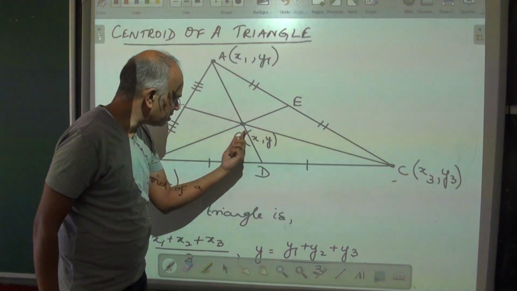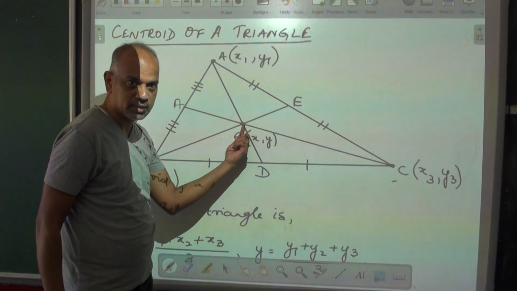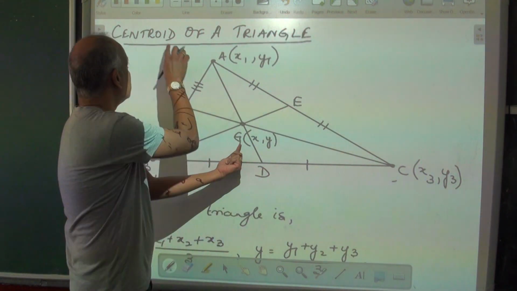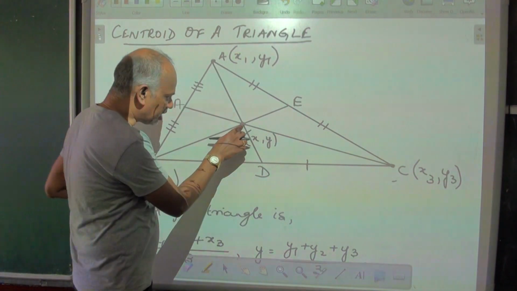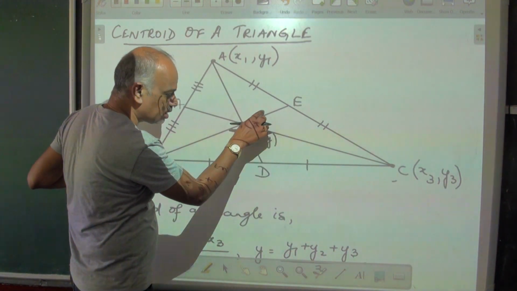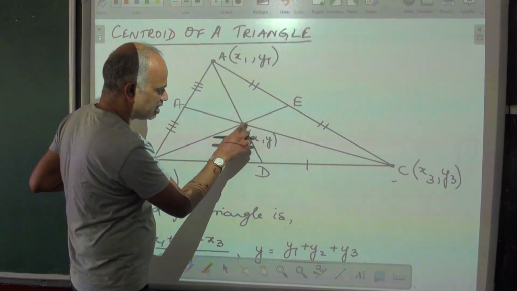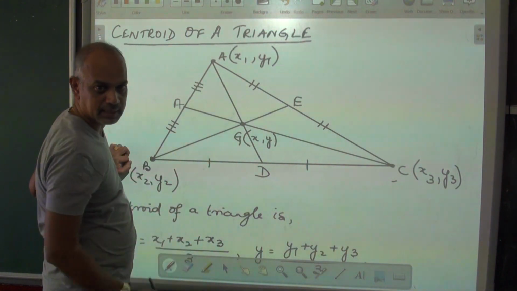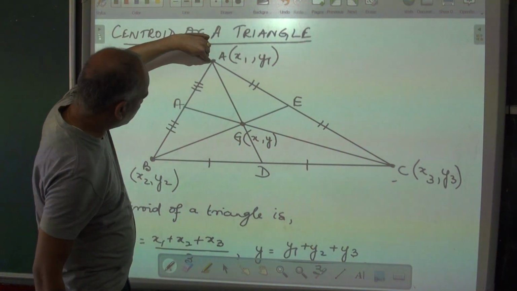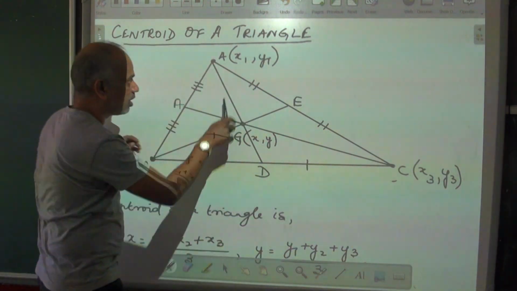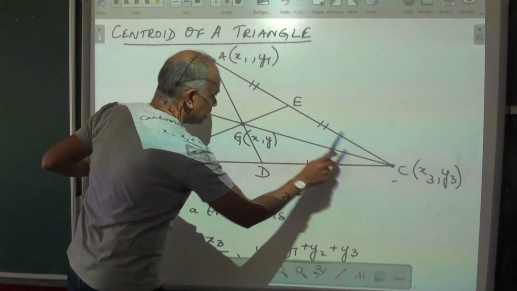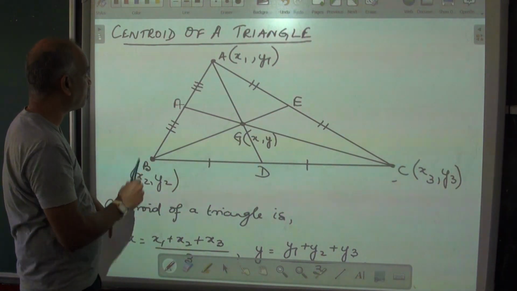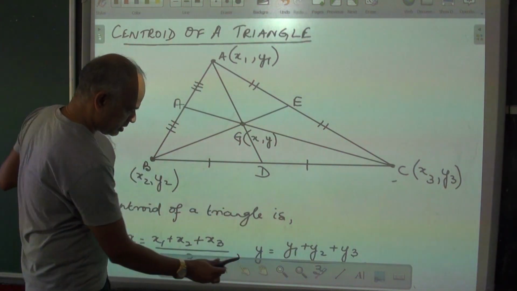You will see all these three lines meet at this point, and that point is usually named as G. G is the centroid of the triangle. It is the meeting point of all the three medians. Okay. Wherever the three medians meet, that point is called the centroid, usually represented by a G. So, if you know vertex A, vertex B and vertex C, all three coordinates are known, all these are numbers. If these three vertices are known and if you are asked to find the centroid, then you use the formula for centroid. The centroid of a triangle is